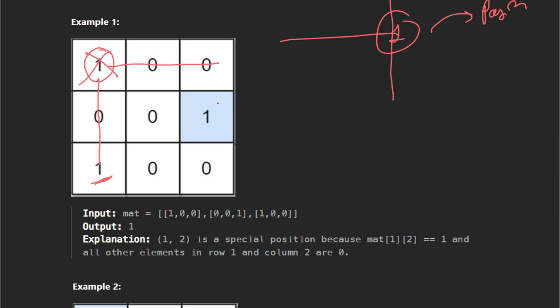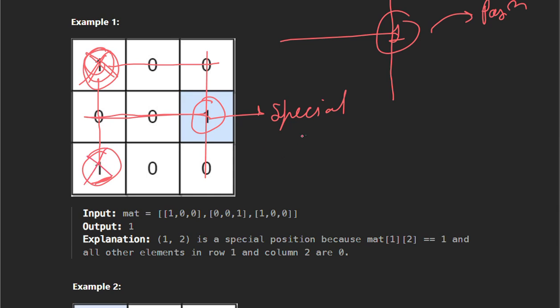Then again check this 1, there is no 1 in the column and no 1 in the row. So yes, this is a special position. Again check this 1. As we know, another 1 is present in this column, so this one is also not special. So how many special positions are there? Only one.